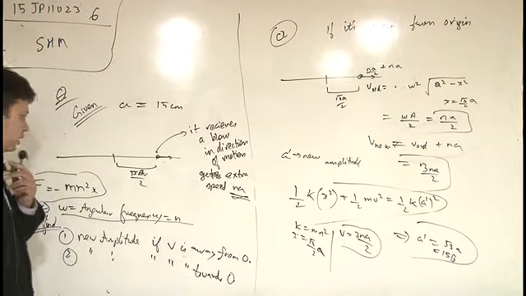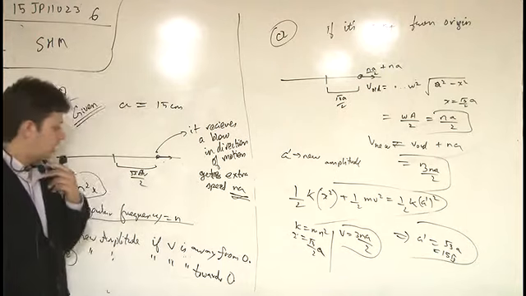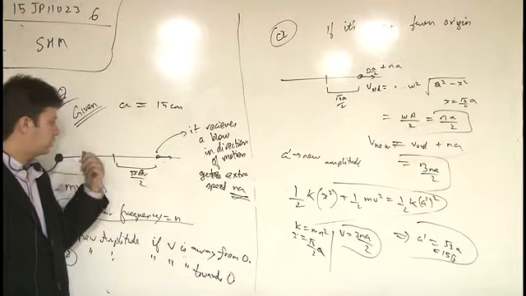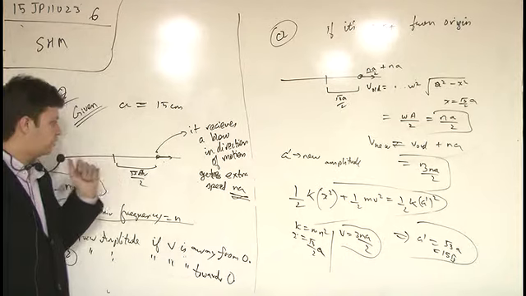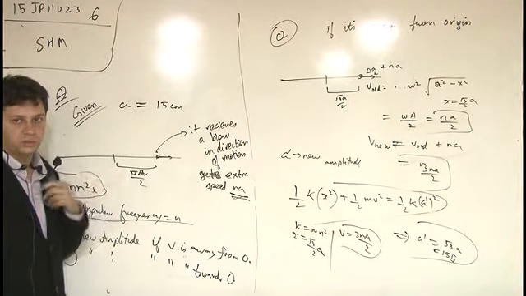Now in the second part there would be no change, because only the mean position would get shifted, otherwise the amplitude would remain the same. So that would be the final answer.